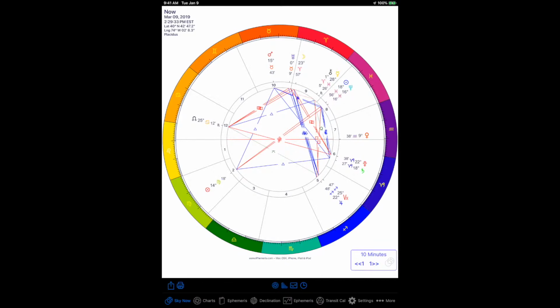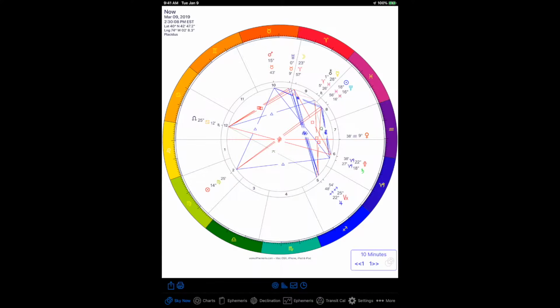This video is going to give a quick overview of iPhemeris on iOS. We'll use an iPad for the demo, but the capabilities are the same on the iPhone. We're looking at the Sky Now feature. This is a real-time chart of the sky, and this is a good way to get a quick view of charting capabilities. Most elements of the wheel are configurable from settings such as which points appear in color schemes and